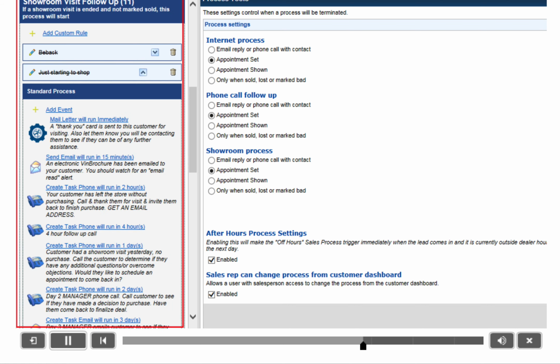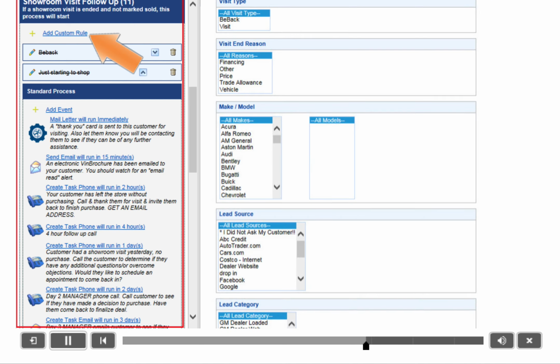For Showroom Visit Follow-up, this is for anyone who has come onto the showroom floor but did not purchase a vehicle. This is a great place to create a custom rule based upon visit type to ensure that you have a different conversation when the customer comes back in a second time as a be-back. It's also a great place to build additional custom rules based on the different reasons for closing a visit as unsold. This way, you can have very specific conversations with a customer when they leave your dealership based upon trade,